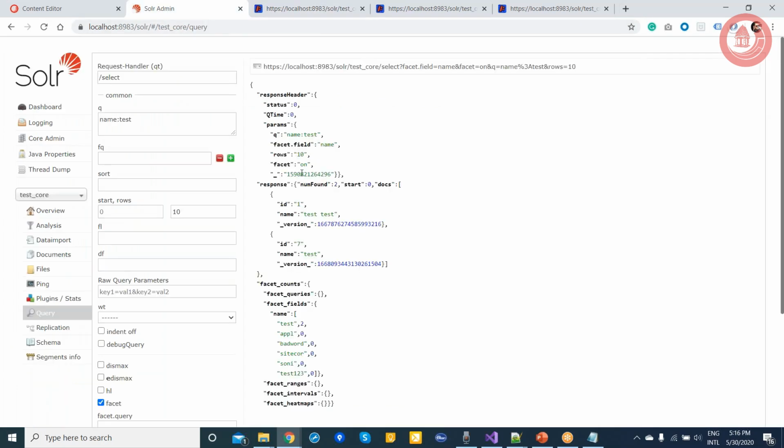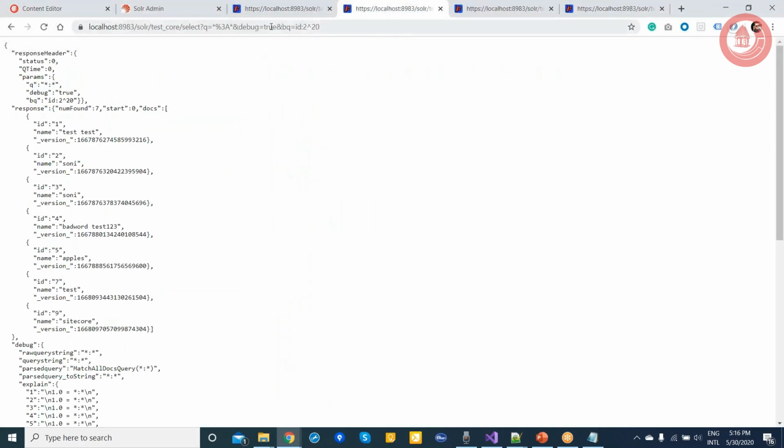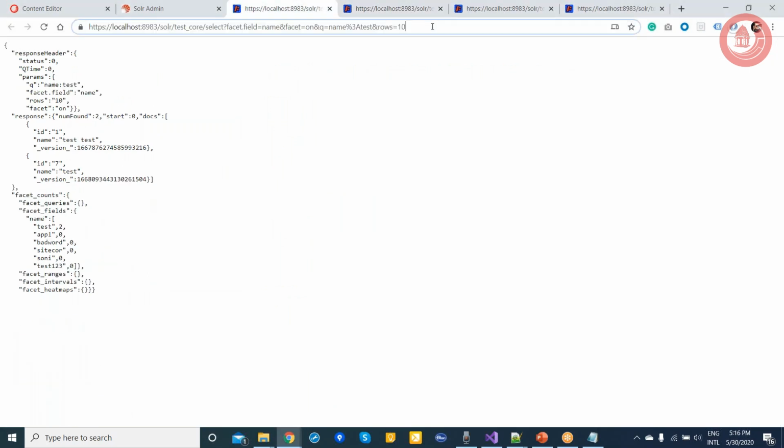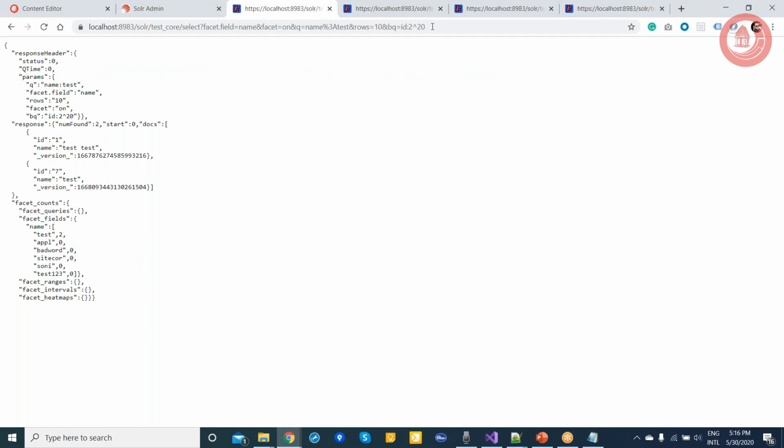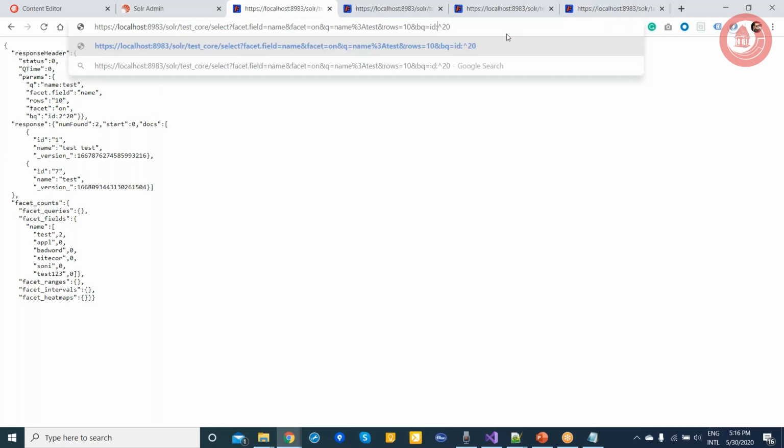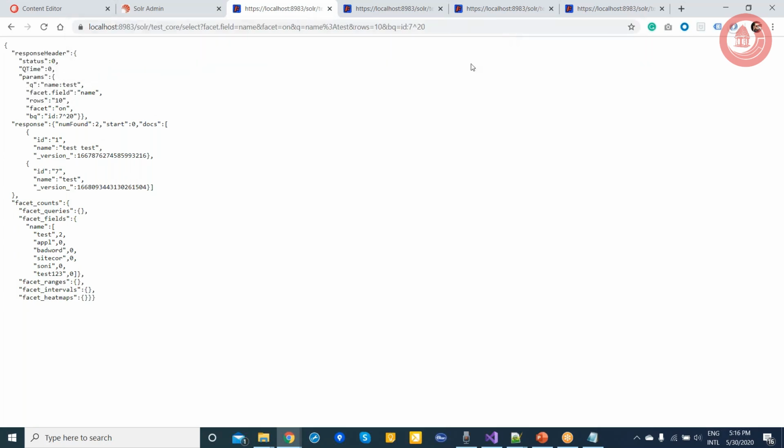Okay, it's not giving me the data. If I put this one here, let's say if I put 7 or something, it's not giving, but this is how you will set the boost query variables here, and then it will boost.